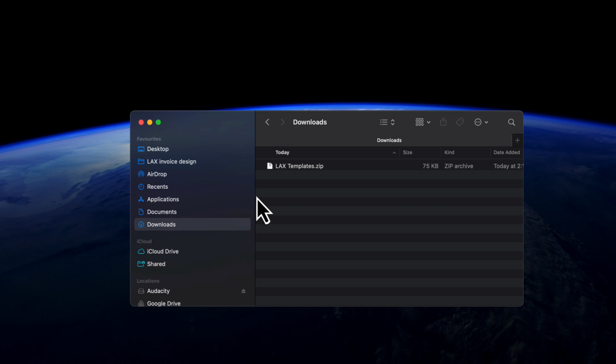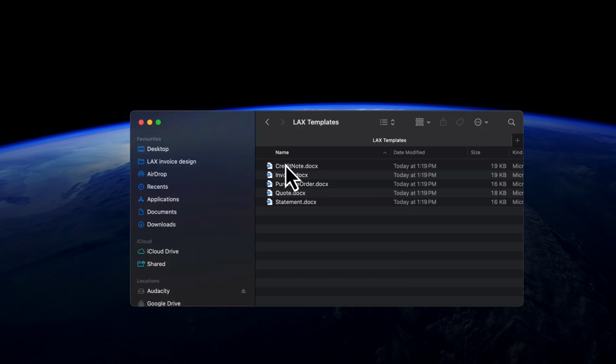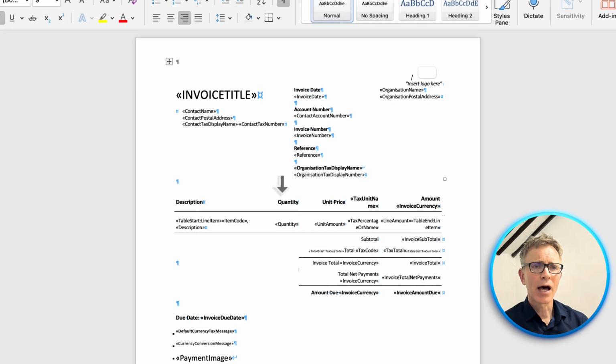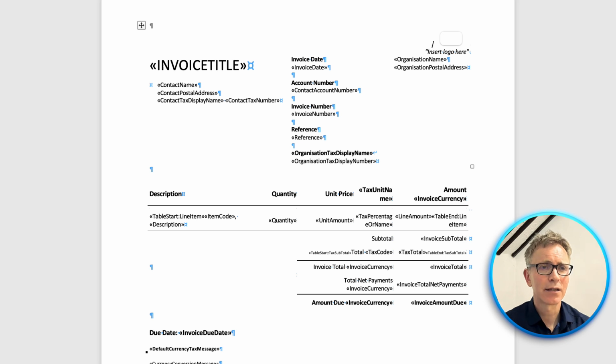So here's my downloads folder. Let's double click to open that. And we've got templates for credit notes, invoices, purchase orders, quotes, and statements. I'm just going to be working on a DOCX file for my invoices. Let's open that. And before we start any editing, let's take a few moments to familiarize ourselves with what we see here,